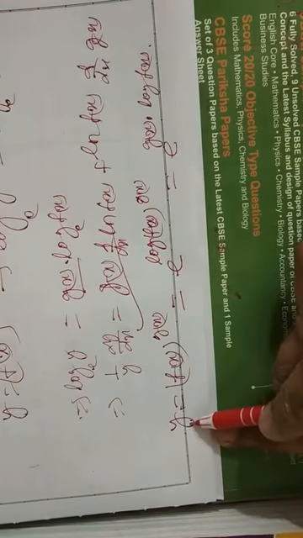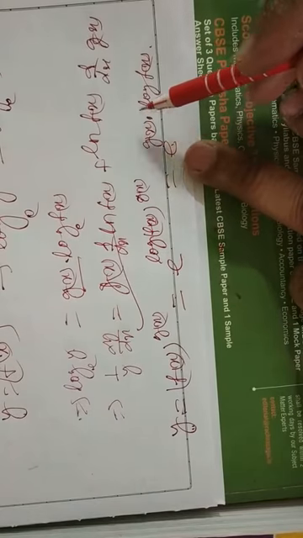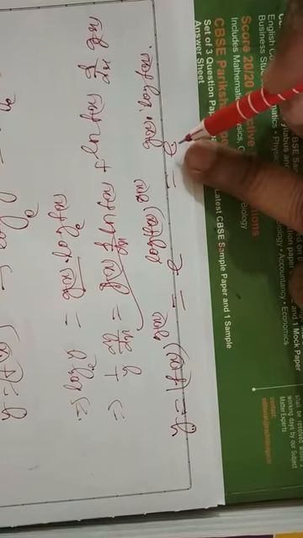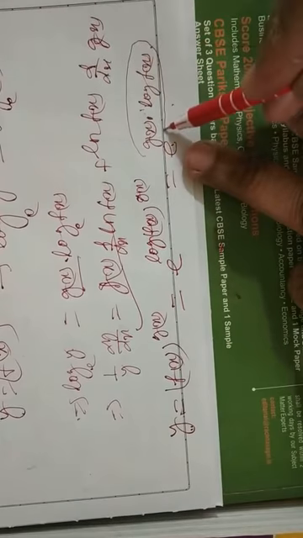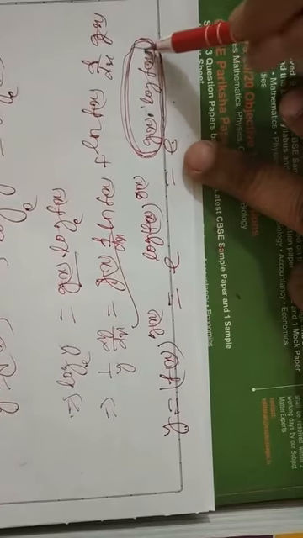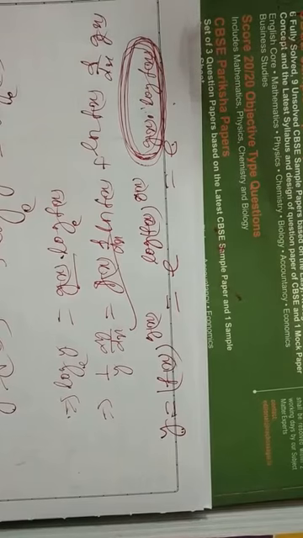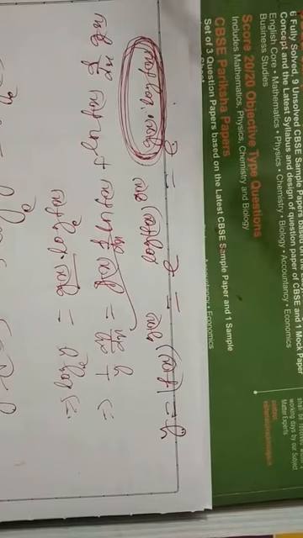How? dy by dx will become e to the power anything, the derivative of e to the power x is the same thing, same thing into derivative of the thing inside the exponential, using chain rule. Okay, now we can solve function power function type questions in two ways. Now let us review this once again.